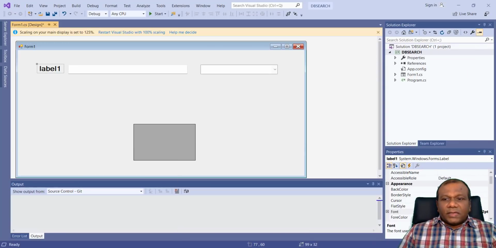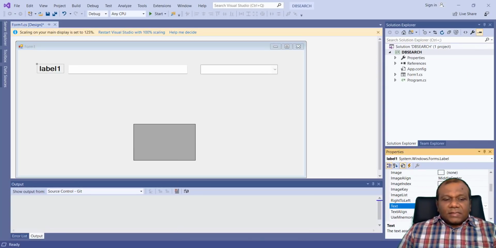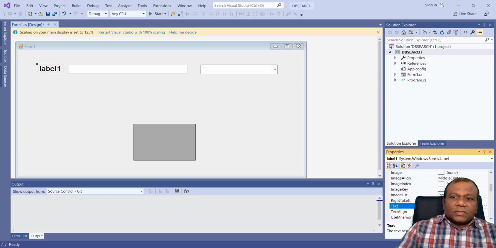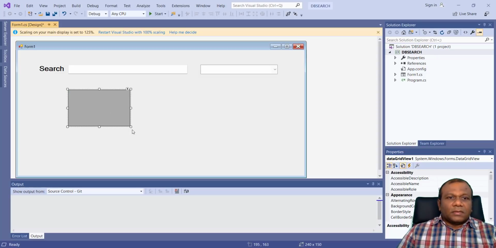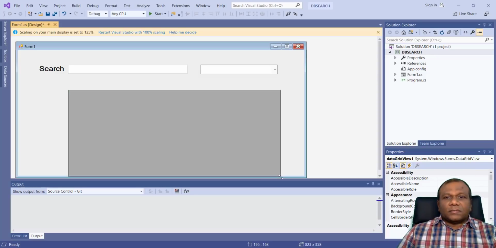So here I will go to label. I will change the text as search, right? So here this is text box 1. I'm not going to change the name. Text box 1. This is combo box 1, and this is data grid view 1.